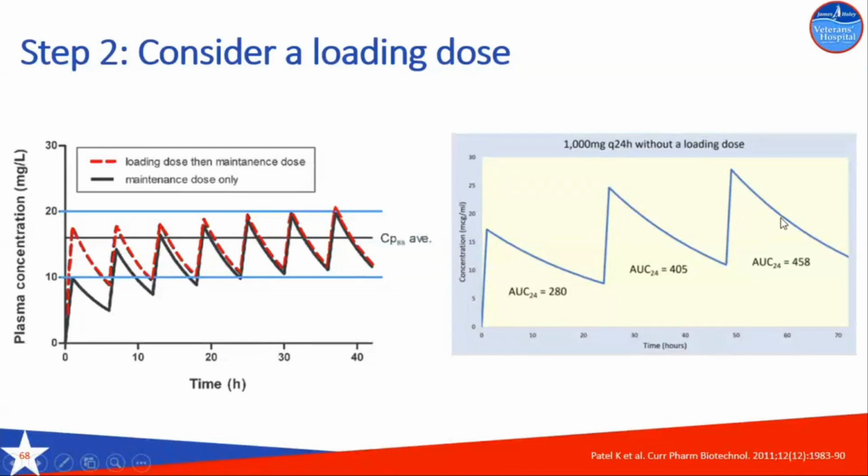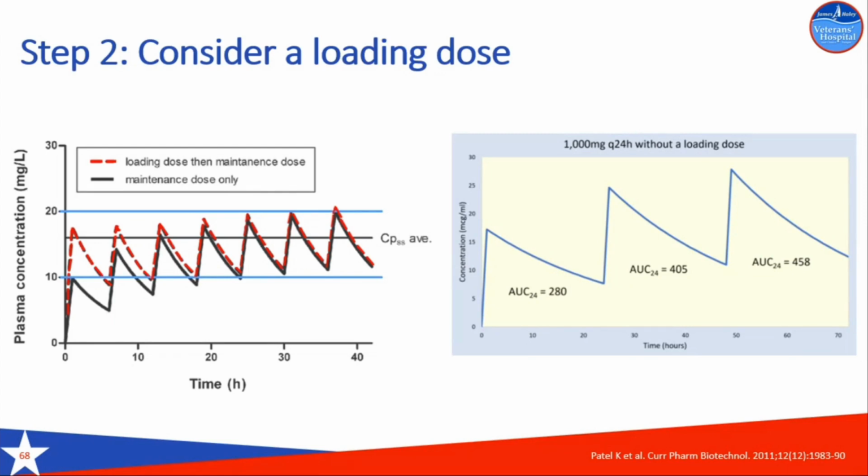All right, so once you plug everything into the calculator, you'll have the option to consider a loading dose. Like we said in the beginning, that loading dose does not get you to steady state any faster, but it will get you to therapeutic levels faster. So if you have someone who's critically ill, you want to go ahead and give them a loading dose. On the right-hand side of your screen, you can see the differences in area under the curve over each dose compared to someone who did not get a loading dose. That's why we need to wait till steady state to get our levels, because there's great variability in the